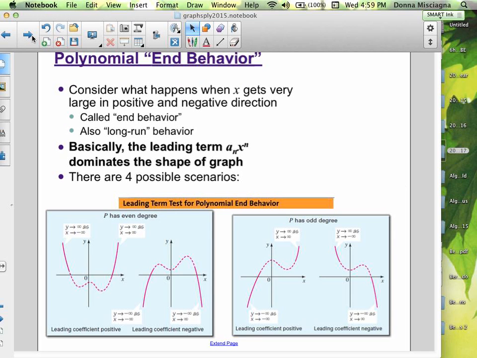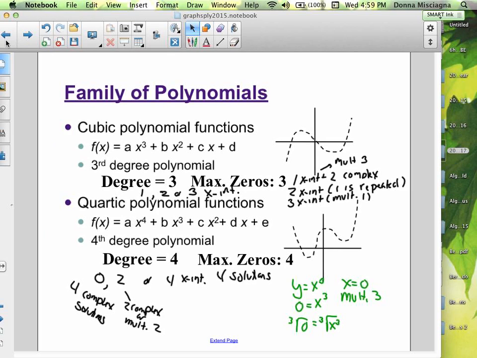Polynomial end behavior, consider what happens. Oh, I don't think I finished reading that page, excuse me. we got to talking about the cubic, and then I completely forgot because I wrote on the bottom there to